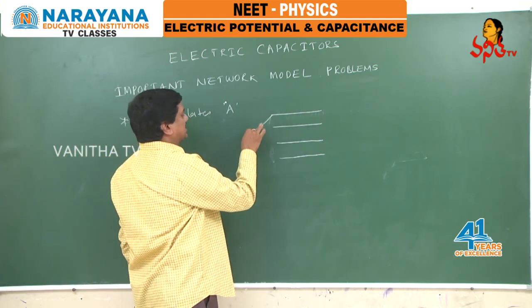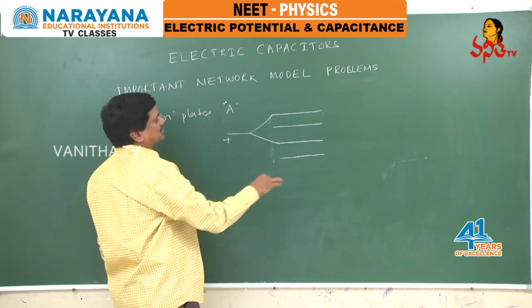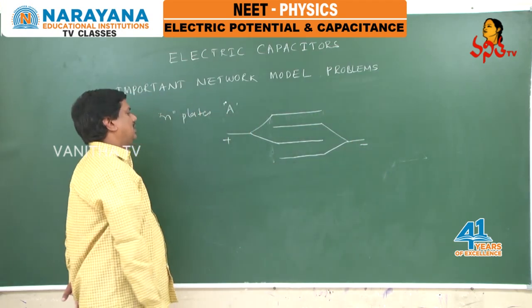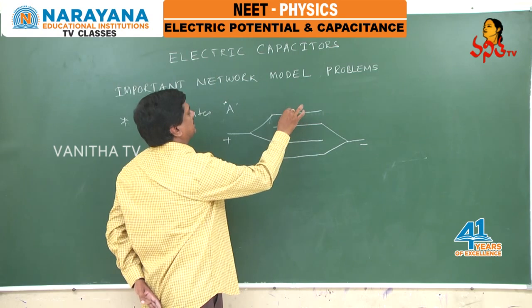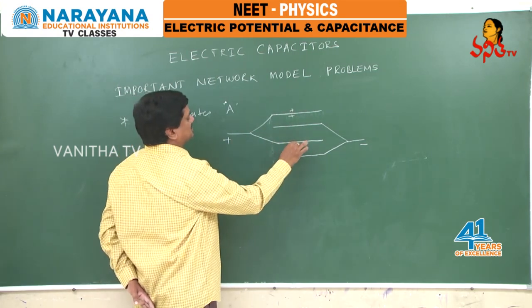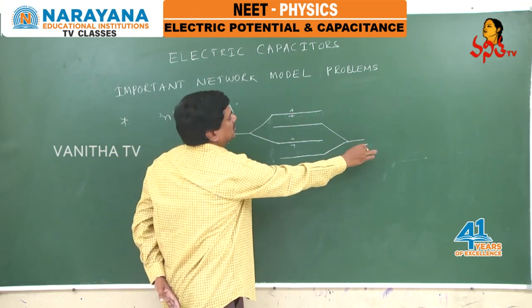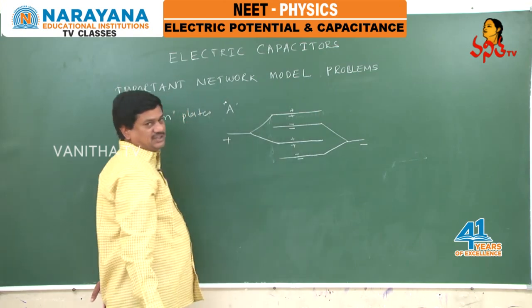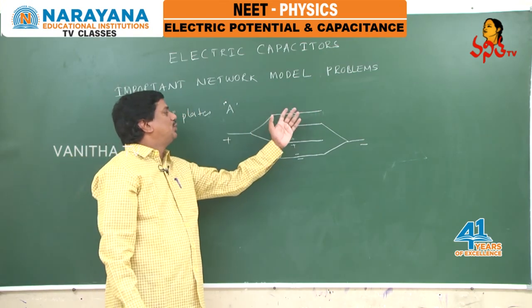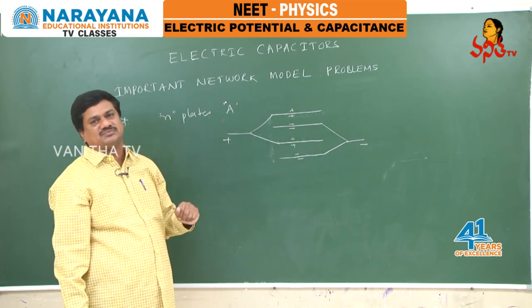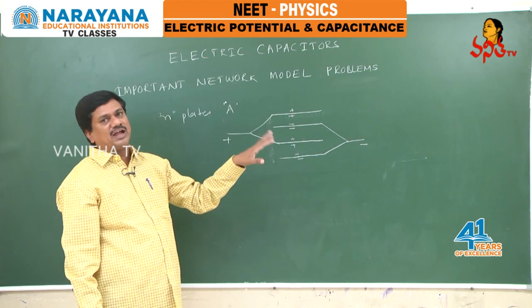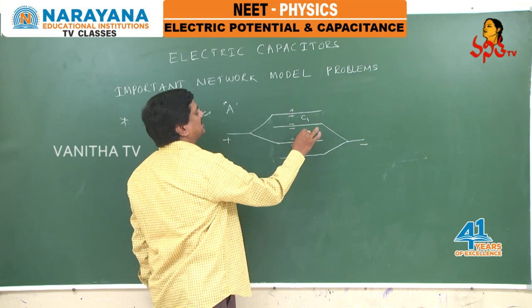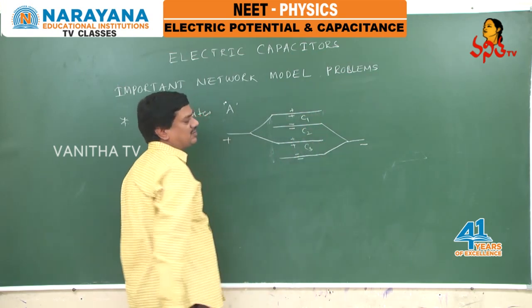If alternate plates are connected, that means if these two plates are connected to the positive terminal and these two plates are connected to the negative terminal, since it is a positive terminal, on either side you can write positive, and it is positive, positive. It is the negative terminal, so on either side it is negative. Remember this. The combination of both positive and negative plates is one capacitor. If it is a combination of both positive or both negative, then we cannot consider it as a capacitor. So one capacitor is formed here, a second capacitor is formed here, and the third capacitor is formed here.